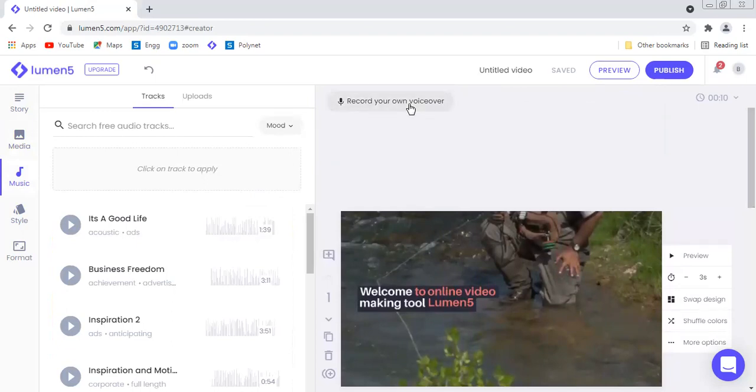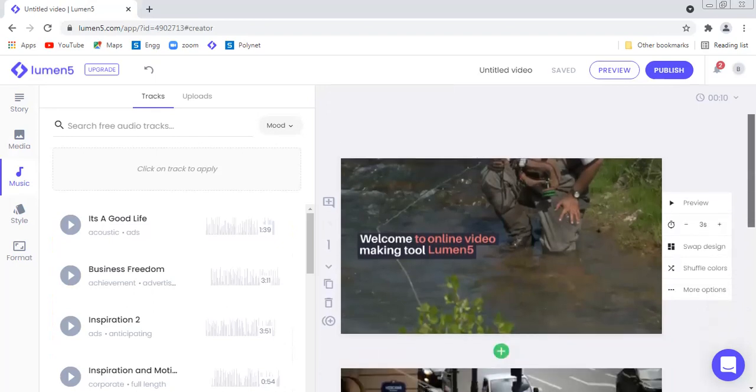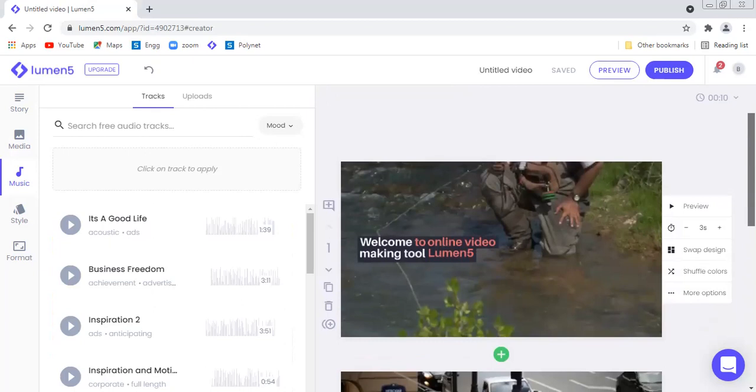For that, you just have to click on record your voiceover, and then a countdown timer will start, and you can just say whatever you wish to say. But one thing, whatever you want to say for that particular slide, there has to be synchronization with respect to time for that slide, and the time required for discussing the script or the content of that slide.